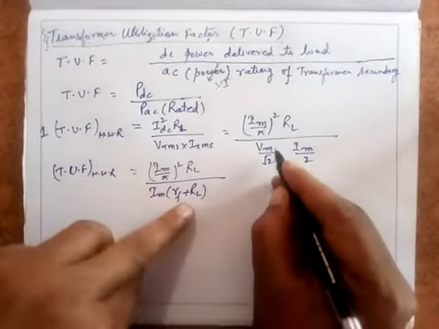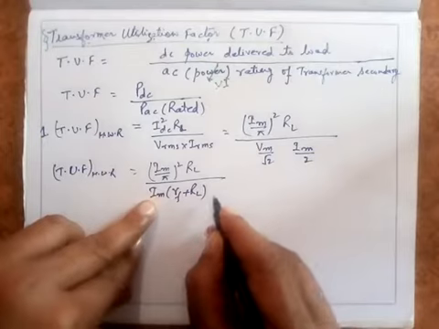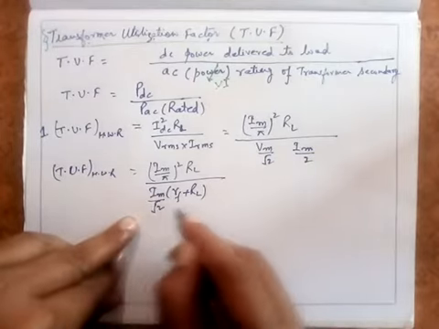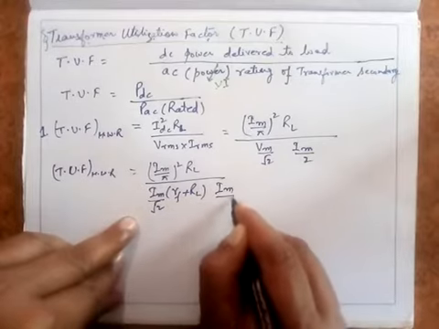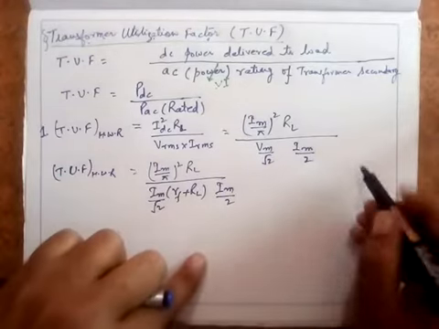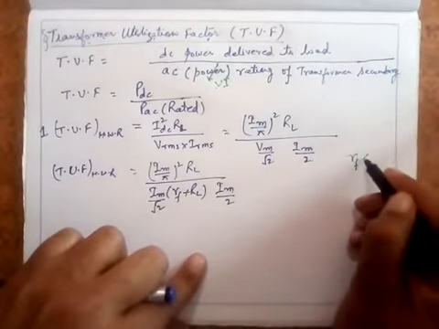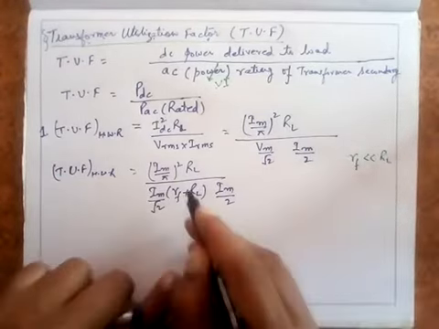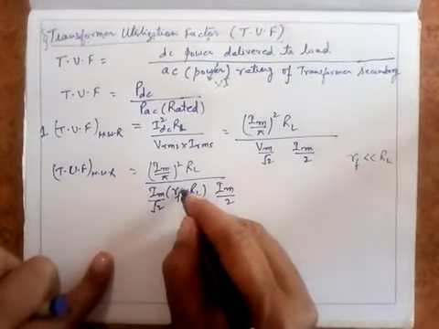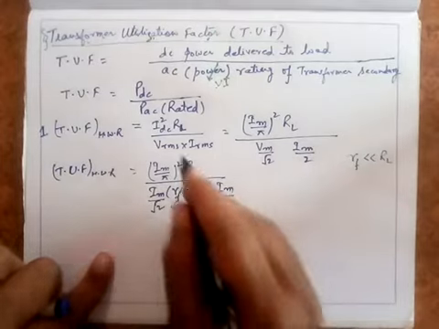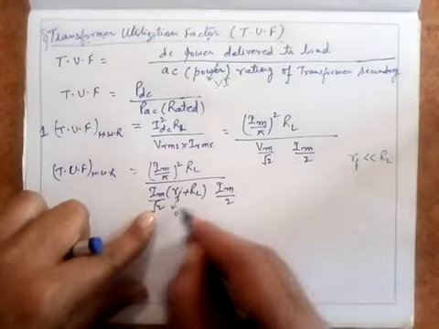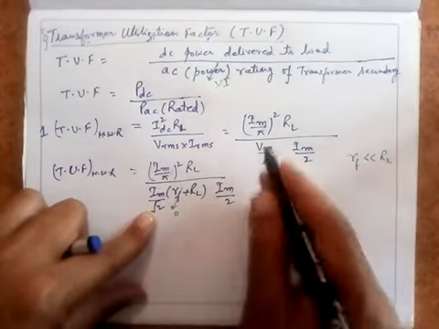I have told you this thing: Im is equal to Vm upon Rf plus RL. This factor, of course, upon root 2 is here, and this Im by 2 is here. This Im square will cancel, and if I assume that Rf is far less than RL, this will cancel. This RL will cancel. That is, I assume that Rf is tending to 0. So if you solve this completely, it will be simply in terms of pi and 2.